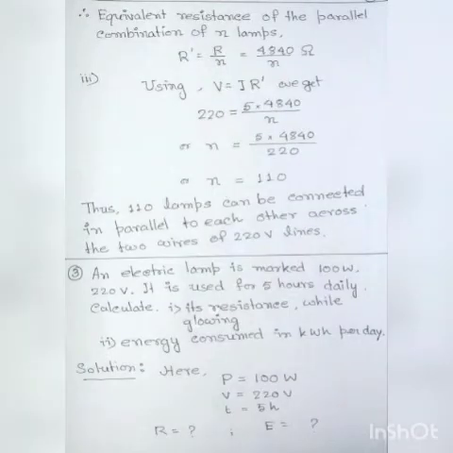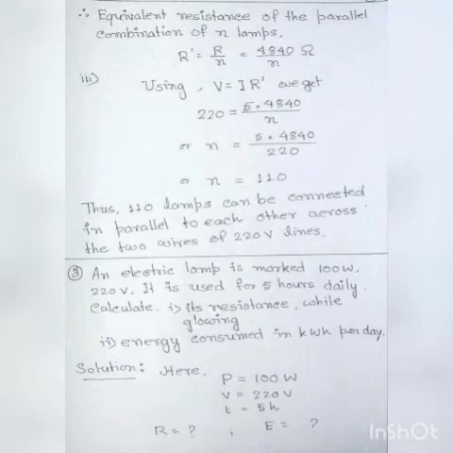the equivalent resistance of the parallel combination of n lamps is R prime equals R by n. This formula we have already learned: if n number of equal resistances are connected in parallel combination, their equivalent resistance will be R by n. So here R equals 4840 ohm. Now using Ohm's law, V equals I R prime,